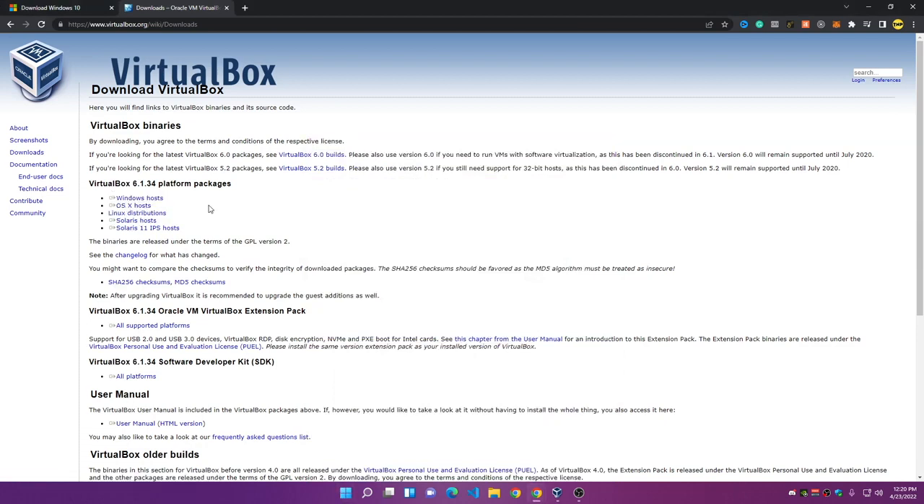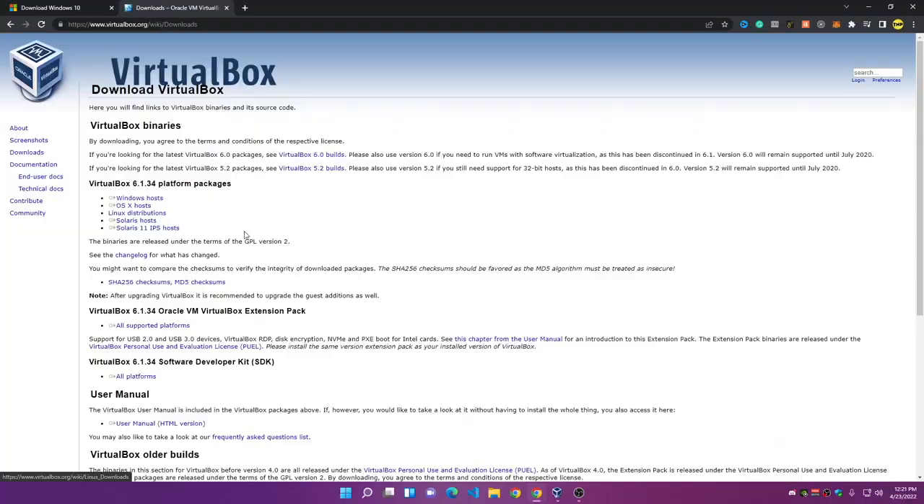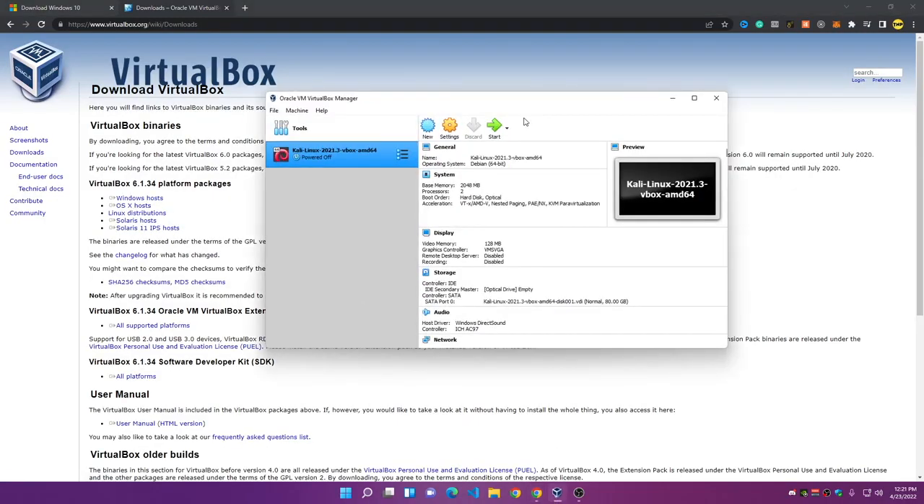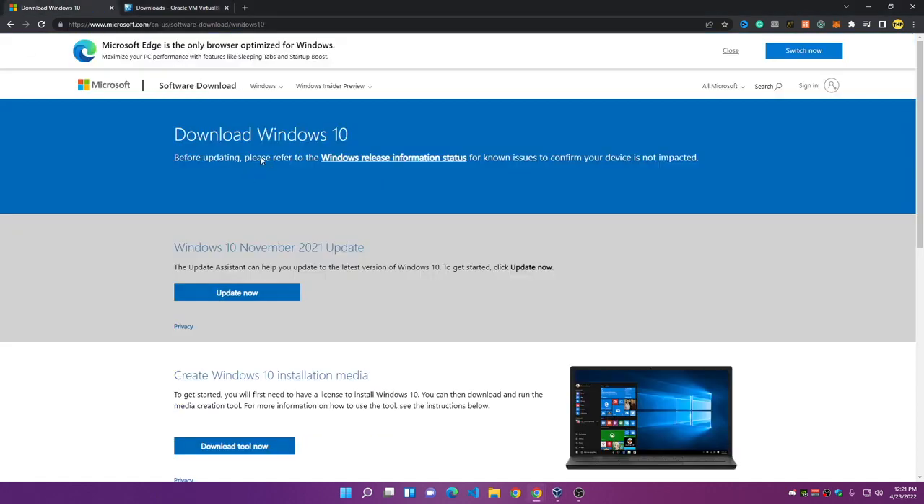and I will run Windows 10 in my computer. To download VirtualBox, go to this website, you can find it in the link in the description, and click on Windows host if you are on Windows, or OS X if you are on a Mac. Then download and install it, and here I have VirtualBox. I have already installed it, and now what we are going to do is download the Windows 10 ISO